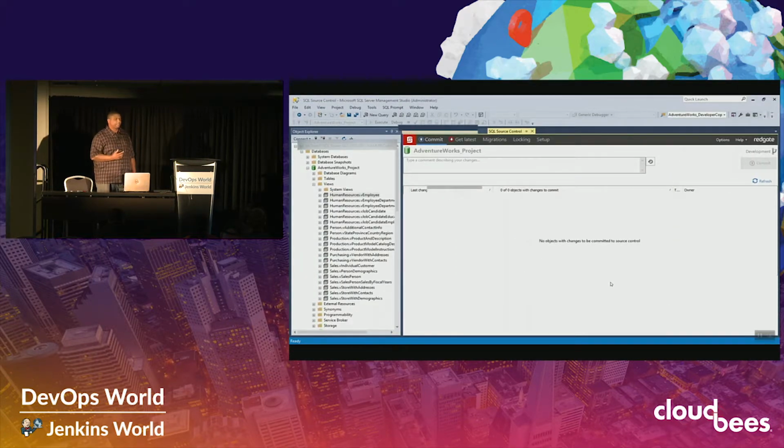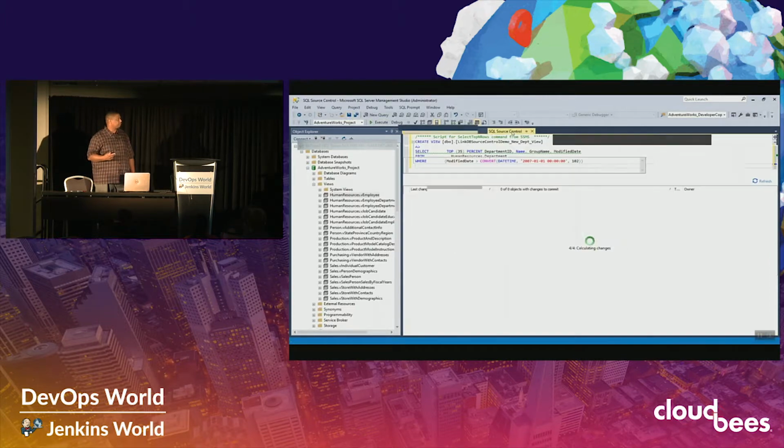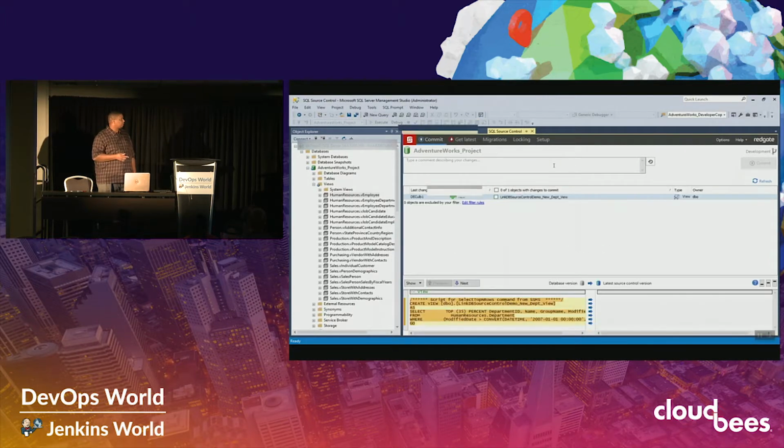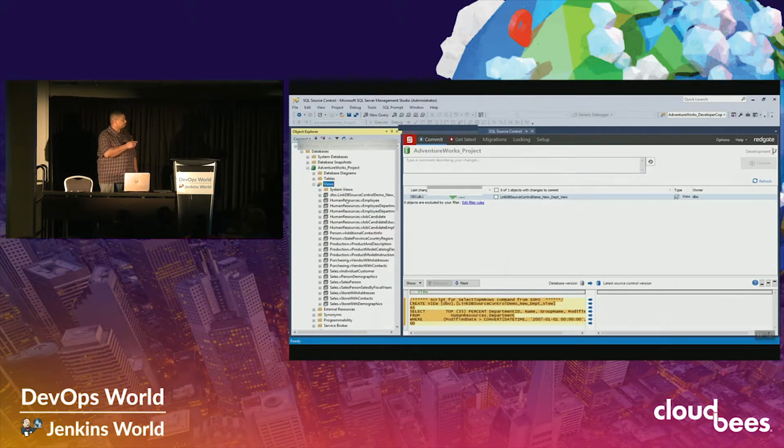So I already have a database that's under source control, which is the AdventureWorks project. Now what I'm gonna do is go through the process of creating a new view and manually deploying that view. So I just ran a script and I just created a view. And as you see now, there's a little blue dot indicating that there are changes that haven't been committed